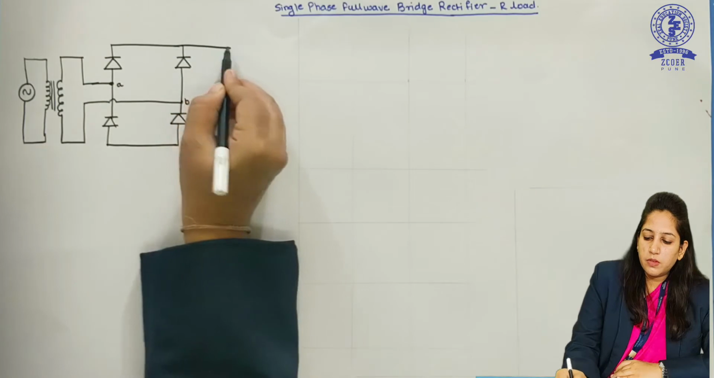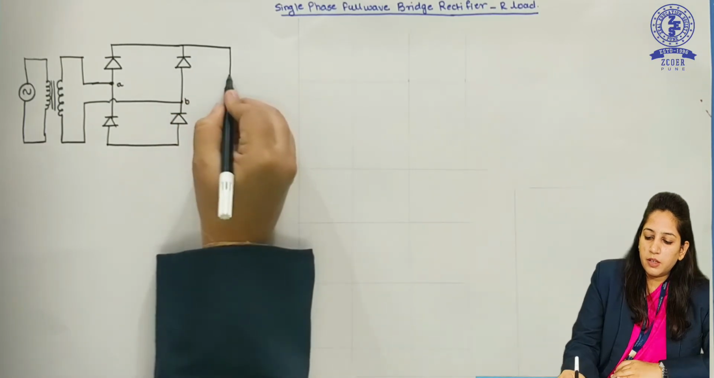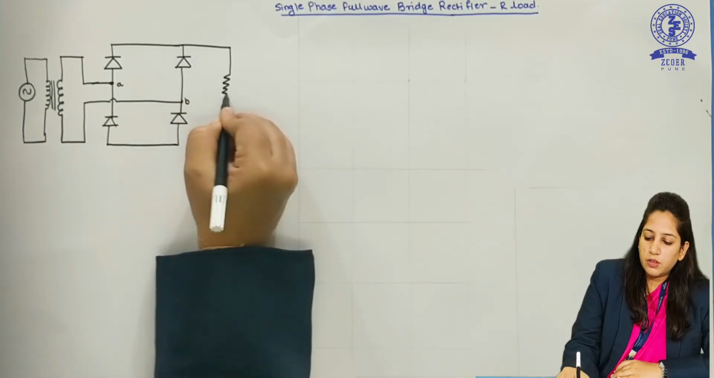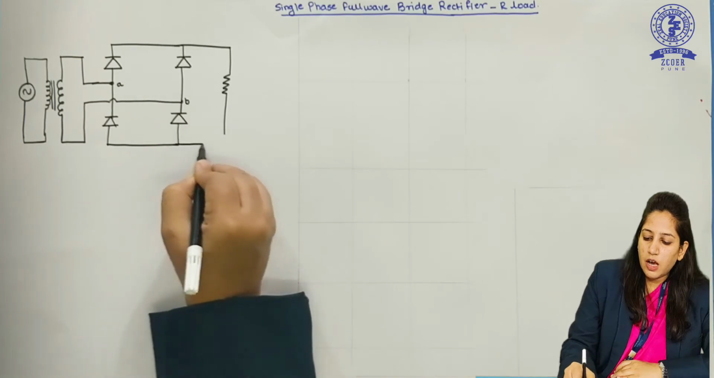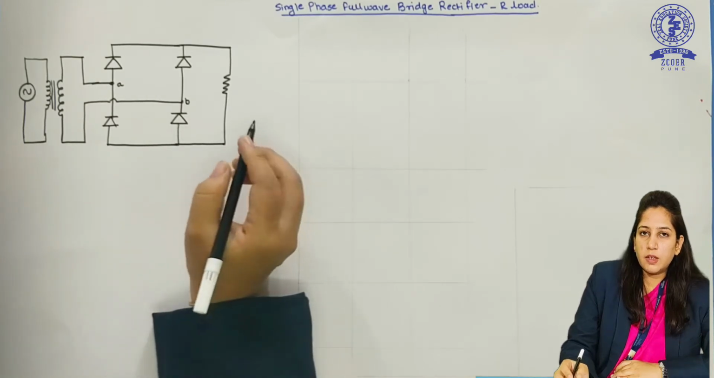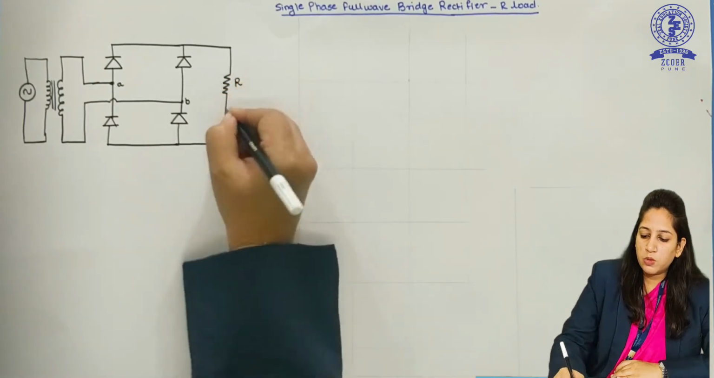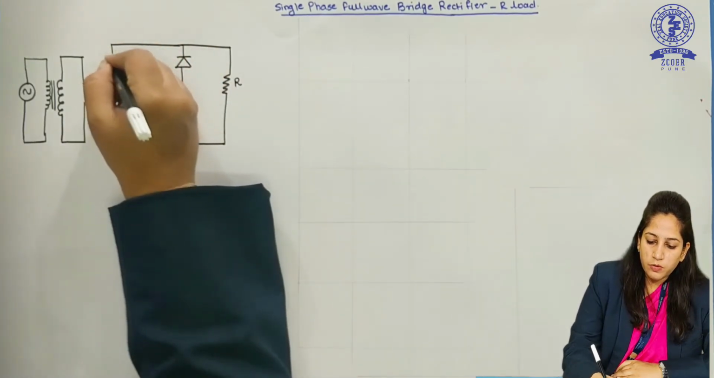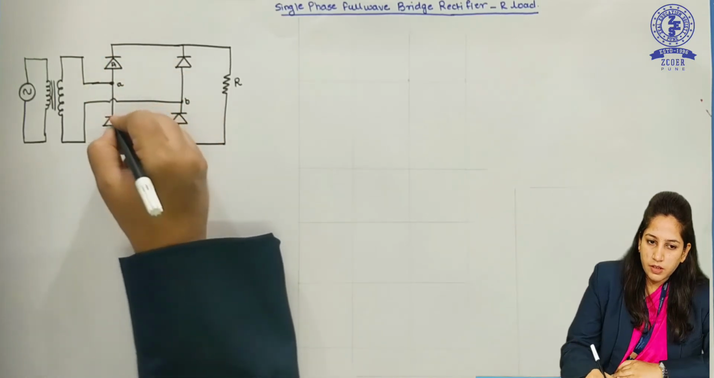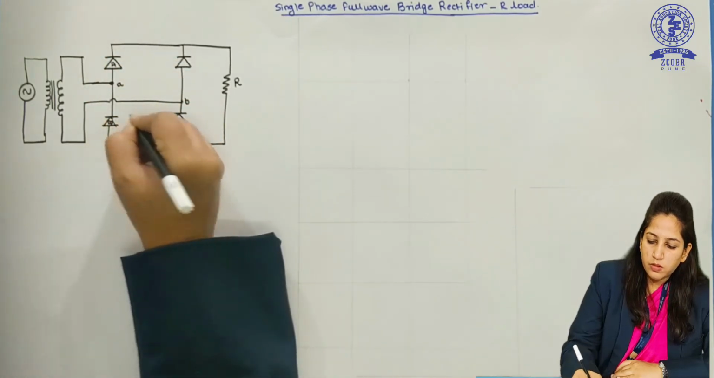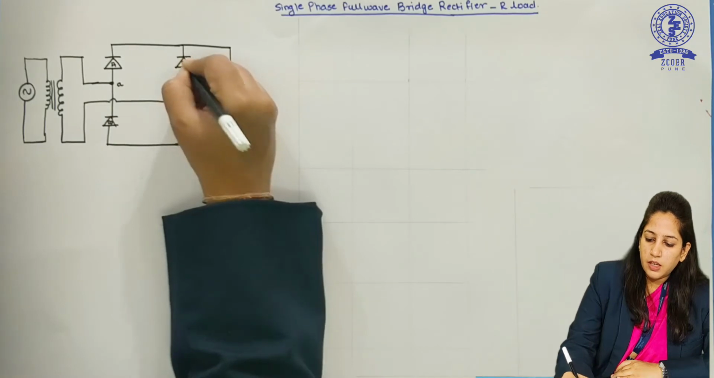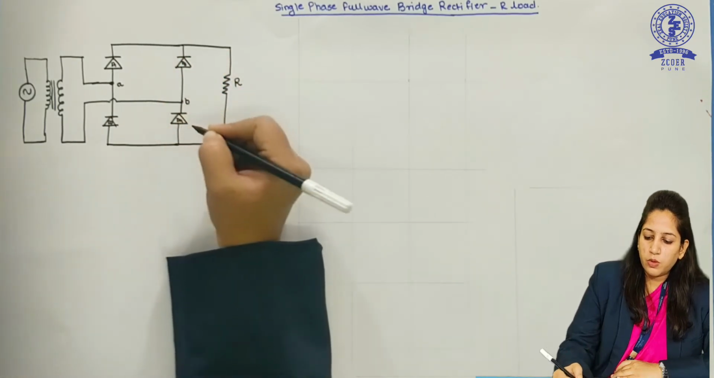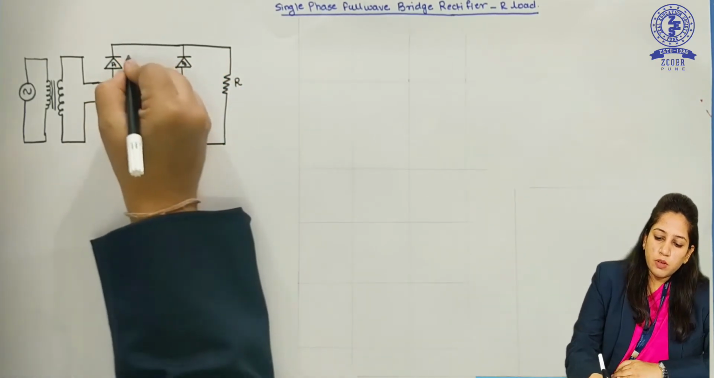And now here I will apply my load. Here I am considering R load. In next lecture we will see for RL load also. So this is R. Okay, I will name this as a diode 1. So this is D1, then this is D2, then this will be D3 and this will be D4. Okay, and voltage across this will be